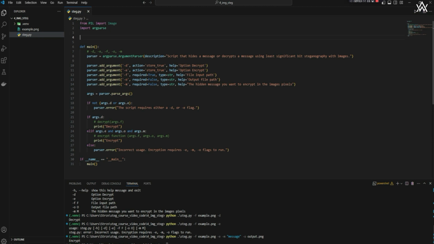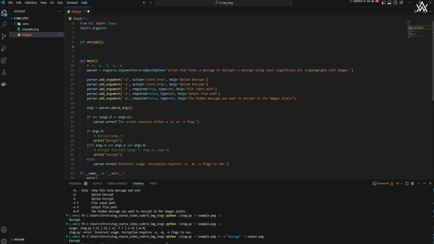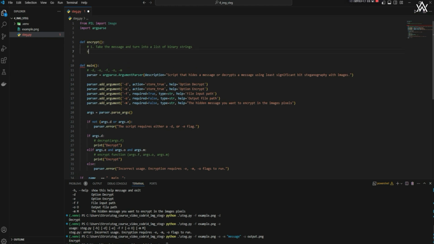So we're going to leave it in pretty much explainable code, if you could say that. So let's quickly define the encrypt function. Right, so what are the things we need to do with the encrypt function? First, we need to take the message and turn it into a list of binary strings. Then the second thing we need to do is open the image that we have